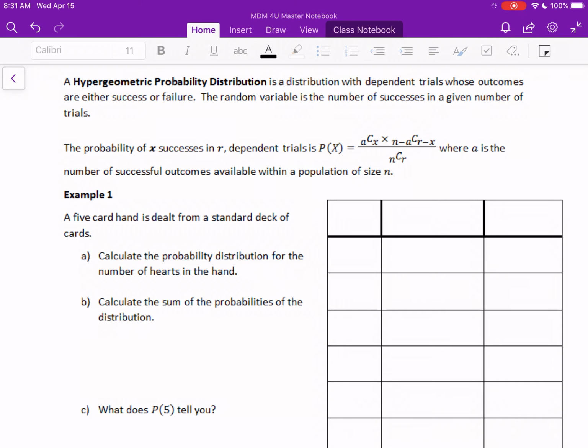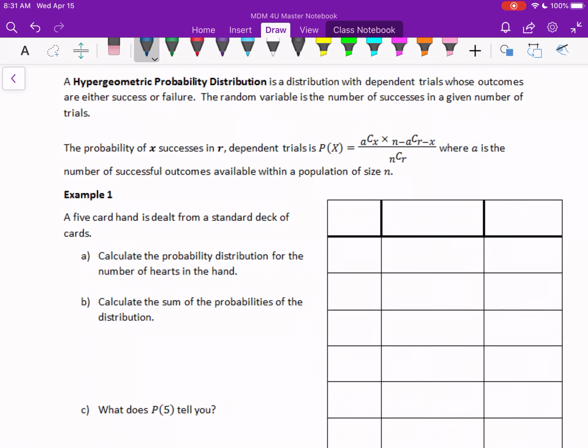Today we're talking about hypergeometric probability distributions. A hypergeometric probability distribution has a lot of similarities to binomial probability distributions in that we have a certain number of trials. The main difference is that for a hypergeometric probability distribution, we are having dependent trials as opposed to